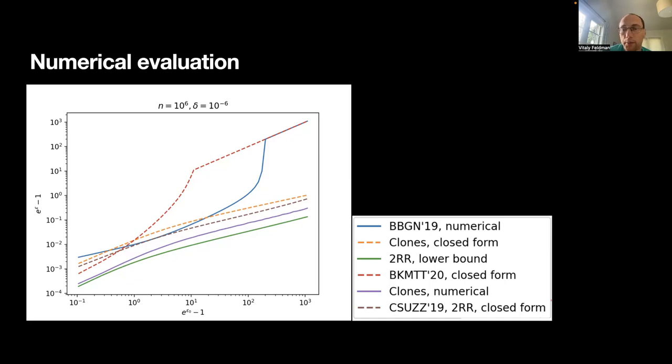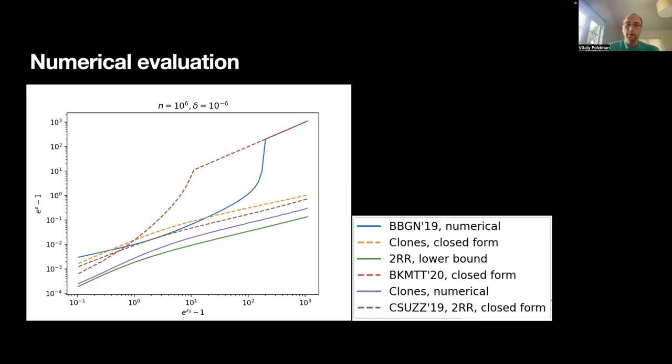And for this one, we can compute numerically the best specific divergence, the privacy guarantees. And this is basically something that one cannot improve upon. It's a numerically computed lower bound. Our result is this purple line, which is numerically computed. And as you can see, it's within a factor of about 1.5 of the lower bound. Then there are several bounds, some of which, the dashed ones, are closed form expressions, so they're in a way a little nicer,